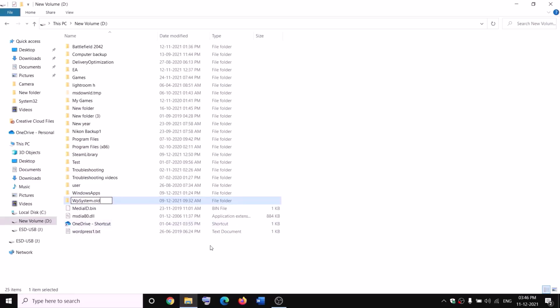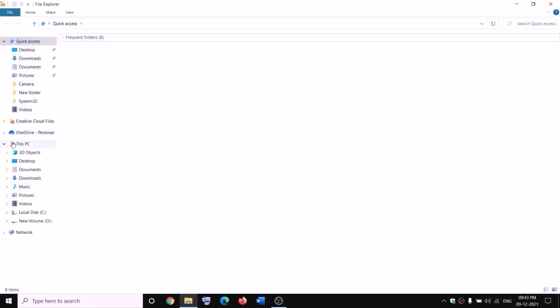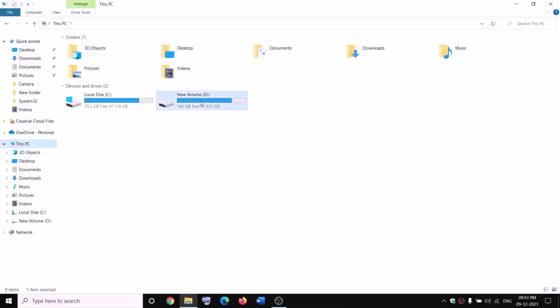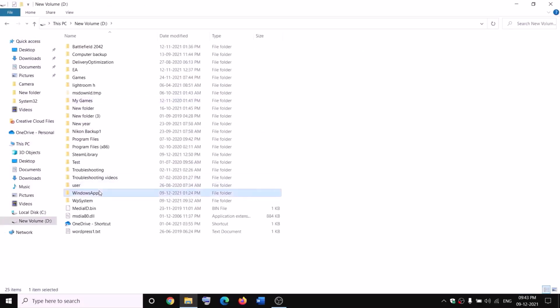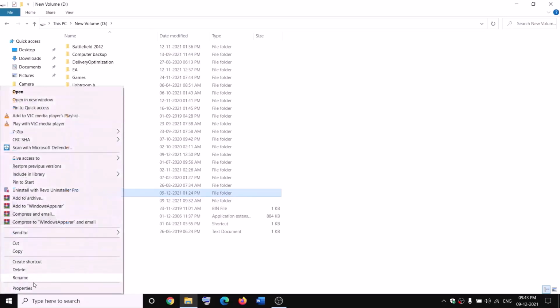Now if you still face the problem, in that case you can go ahead and restart your computer and then try to rename it once again. Open File Explorer and then go to This PC, open D drive, then make a right click on WindowsApps and then rename it. Now before renaming, you have to take the ownership, make a right click, then click on